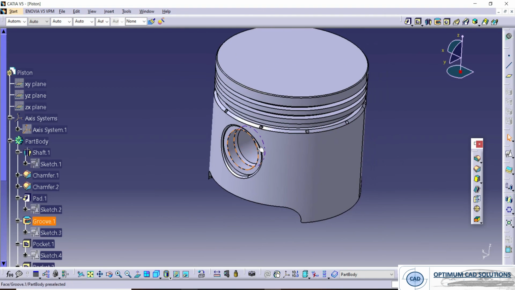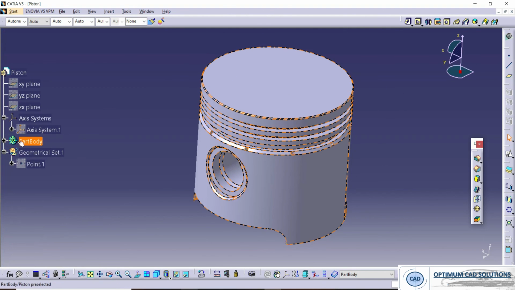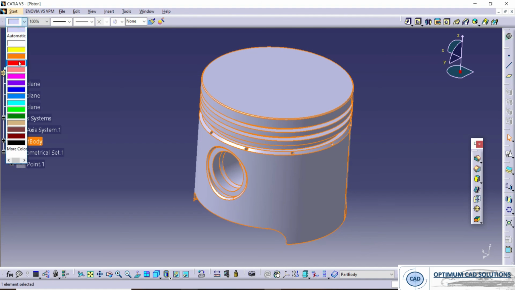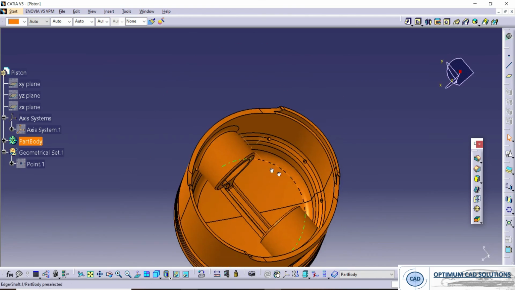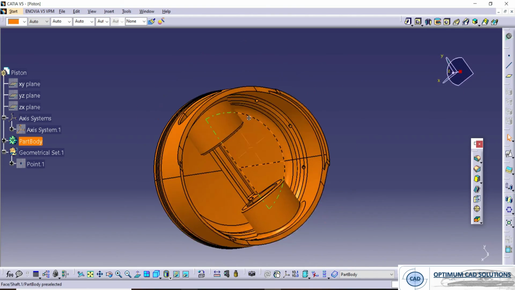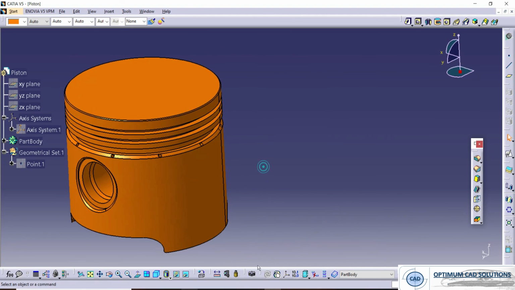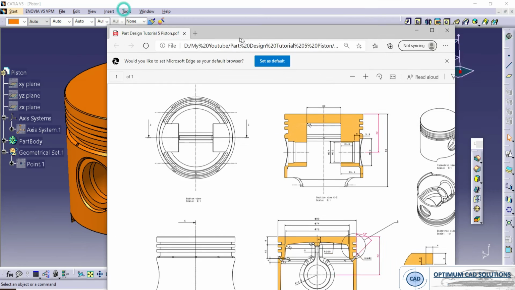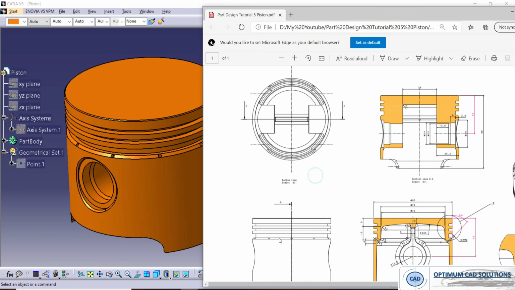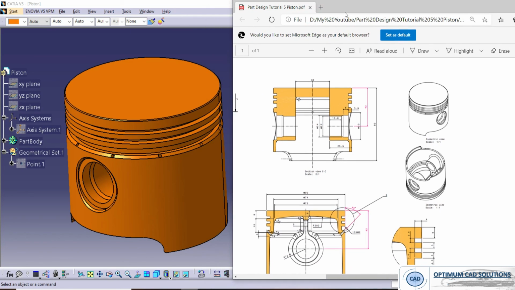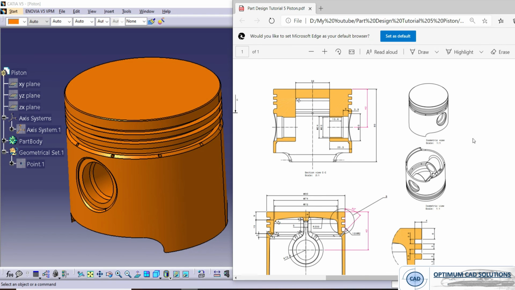So here our part gets completed. So you can see the comparison.